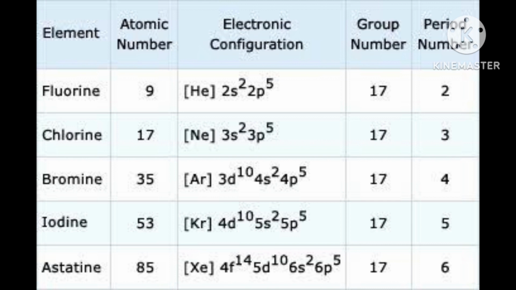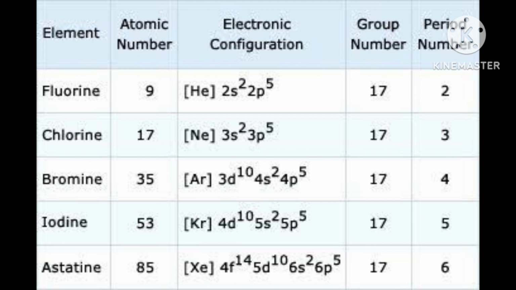Bond means the F2 bond is there, F-F bond. When the bond will break, how much energy it will release, that is called bond dissociation energy or enthalpy. Then bond dissociation enthalpy for F2: in F2, the F-F bond is there, and if it breaks, it will release